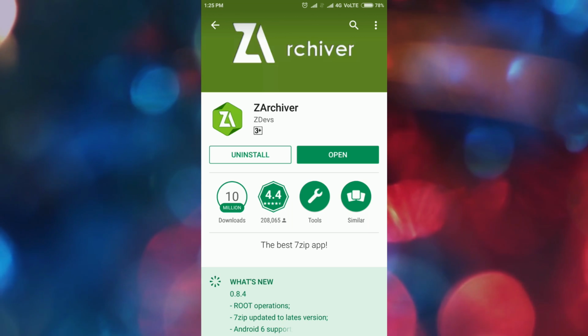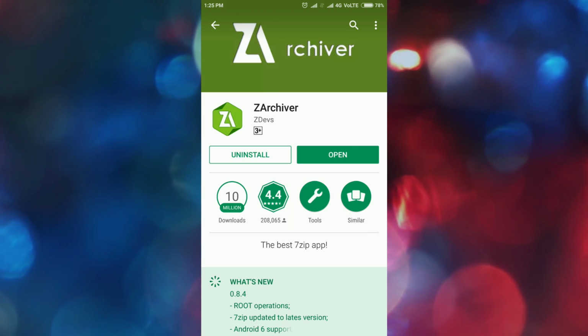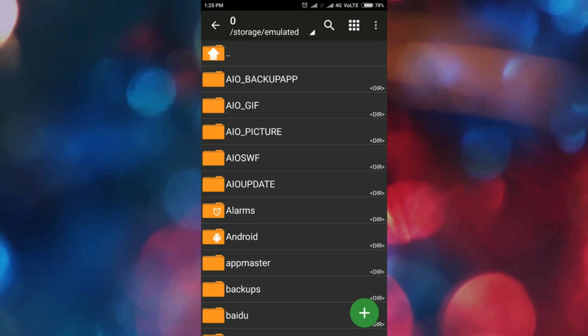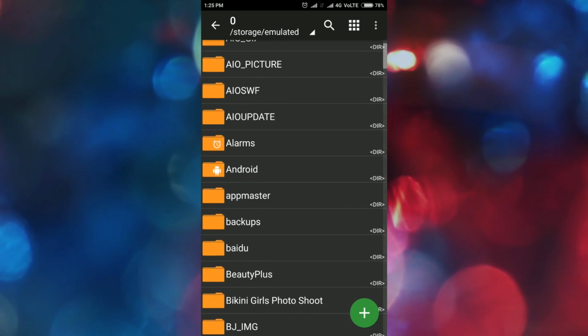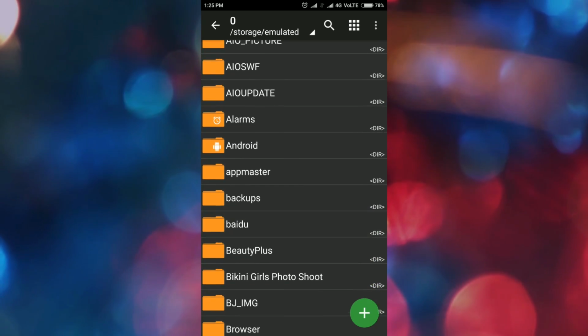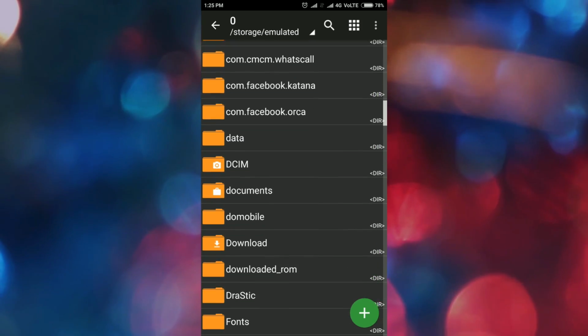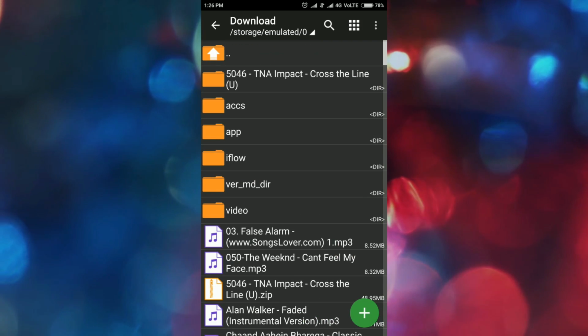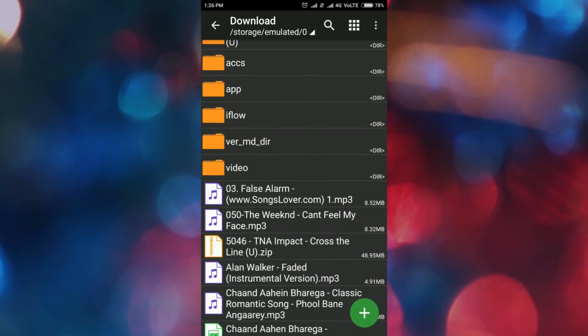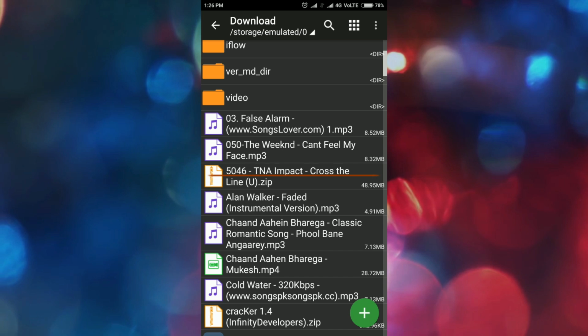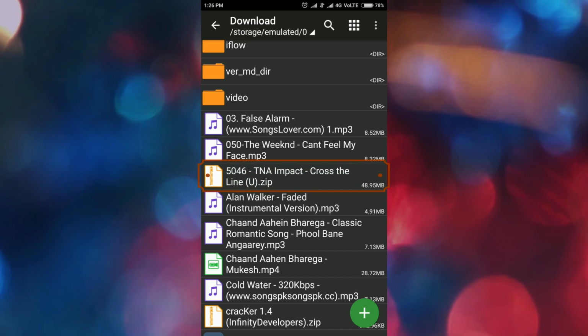And so after installing, what you have to do is just open this app for extracting the TNA Impact Cross the Line RAR file. So what you have to do is just find your download path. Here is my download path. So as you can see here below, here is the TNA Impact Cross the Line. Well, this game is in a zip.